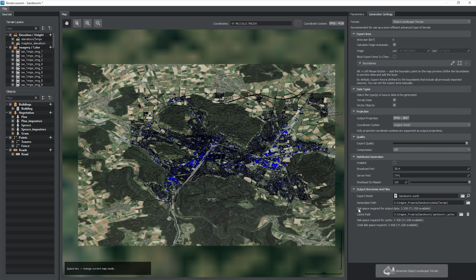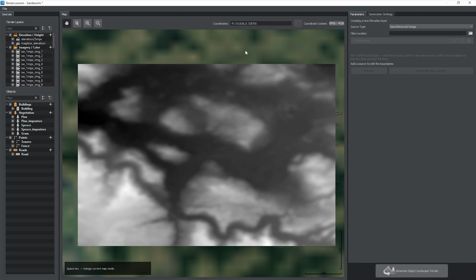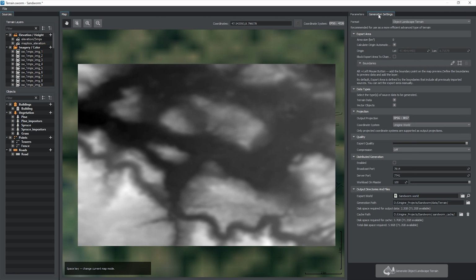When creating the Sandworm project, refer to geodata via the external files option so that the path to the source data is the same for each computer. You can also use TMS data sources provided all workers have access to the internet. It is also highly recommended to move the cache data folder to the network storage.